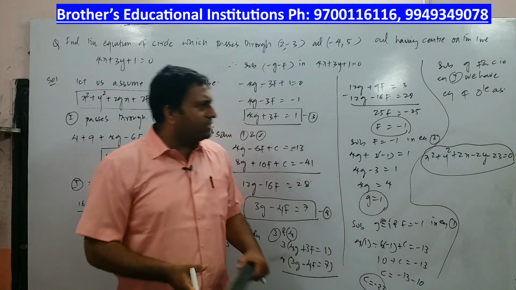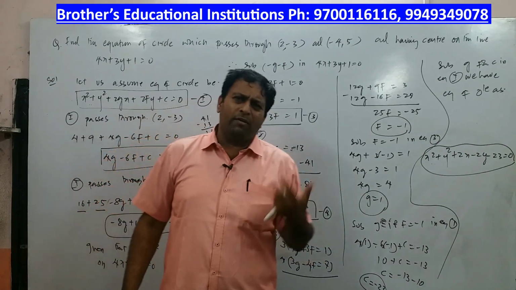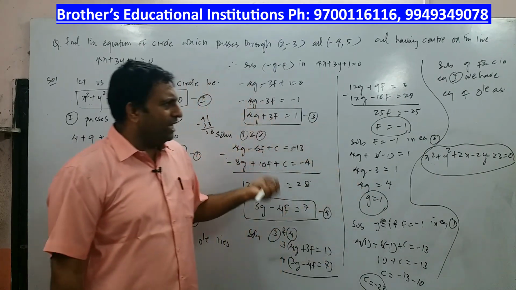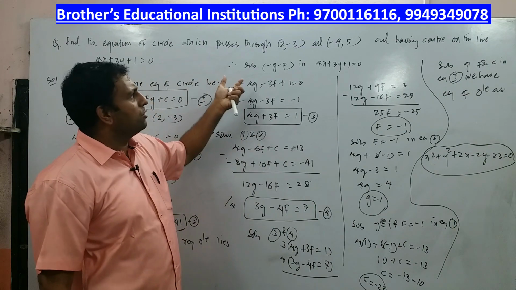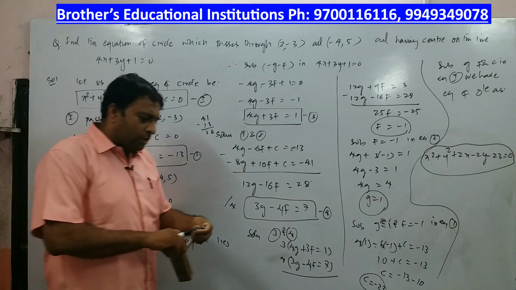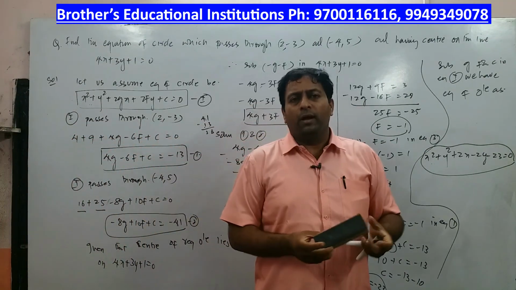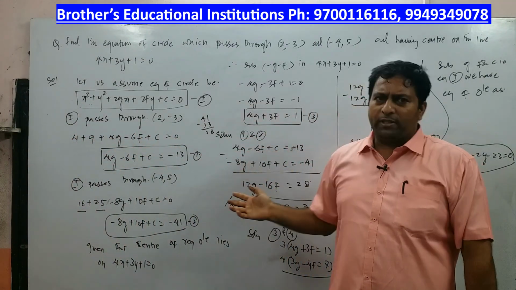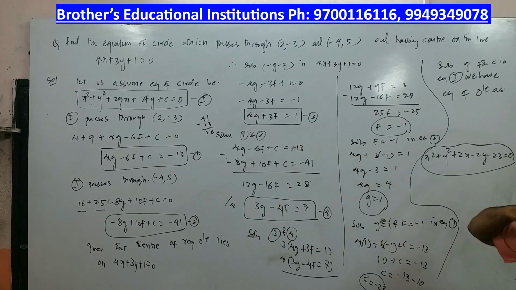So more or less you can see this is nothing but your algebra of solving. You solve the simultaneous equations. And what is the part related to the circle? Only this assumption of the equation of the circle is the part related to the circle. So I want you to pause the video and copy this stuff. The view is very clear. Meanwhile, we'll go for the next question.